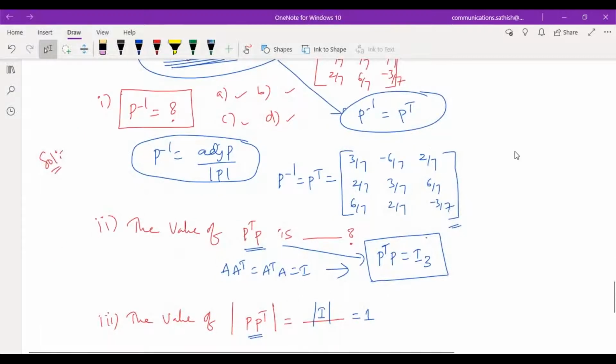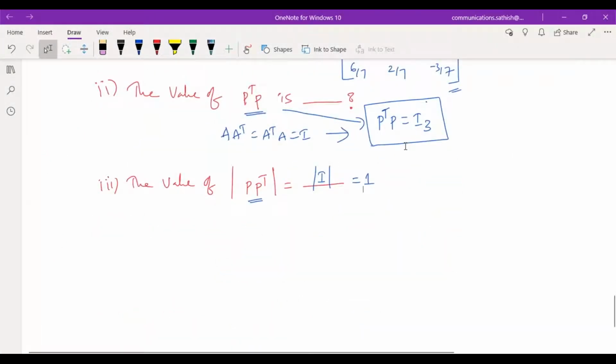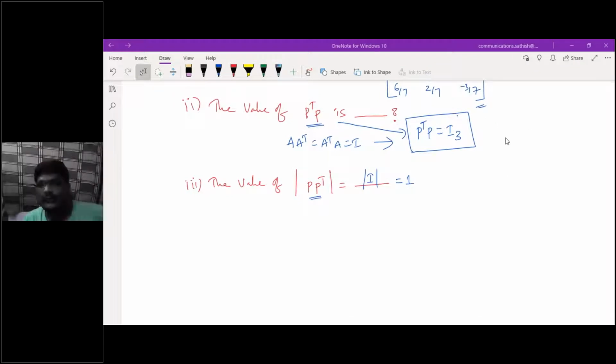Yeah, fine. So now is it clear? These concepts are clear or not? Based upon your orthogonal matrix, they will ask you questions like that. Is it clear? Clear? So likewise the questions they will ask you, so you need to be in a position to give the answers for that. Is it clear, all? Next, one more problem.